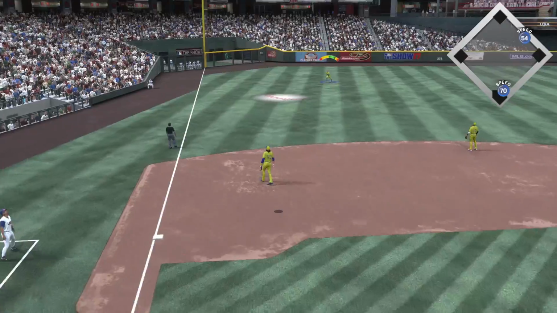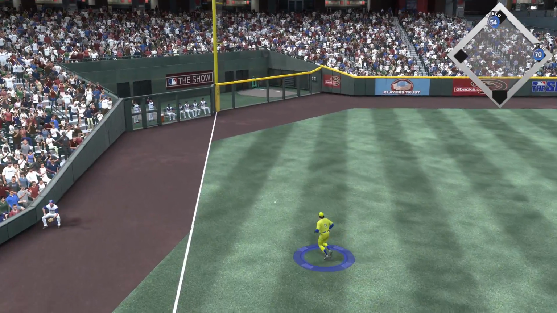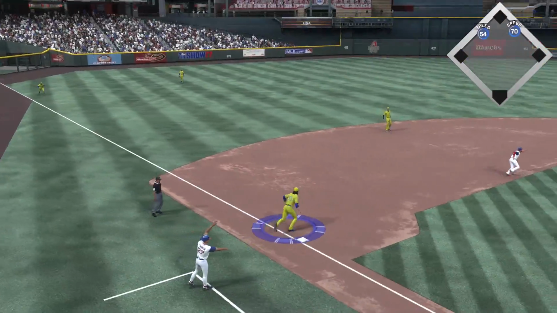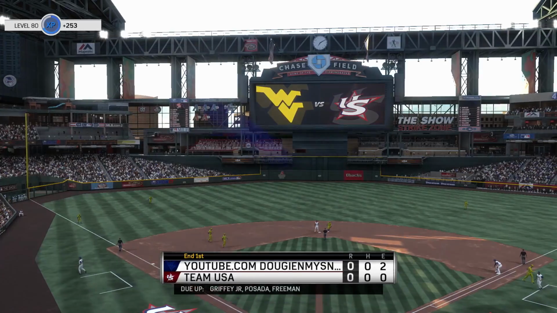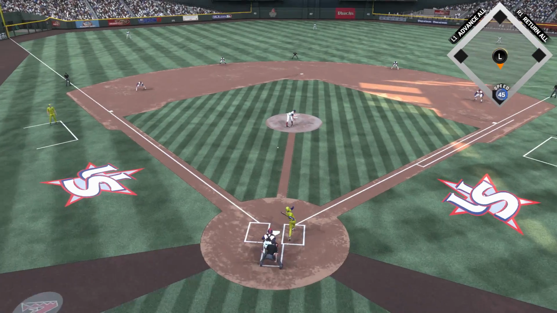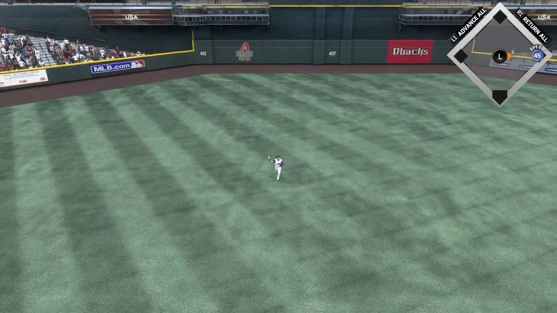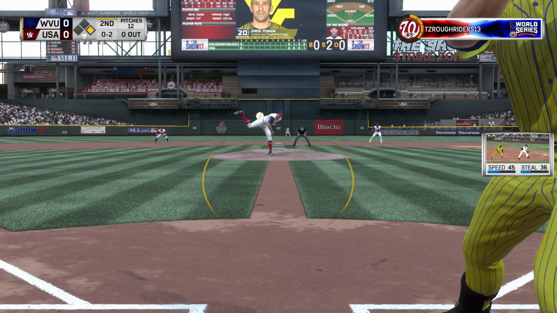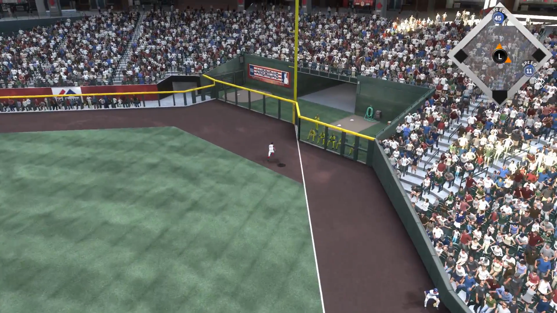Hershiser doesn't really have any overpowering stuff, and I've actually faced him before in a Ranked Seasons game. As you see, Reggie Jackson just dropped another ball. They've got to fix the fielding in this game. Something happened recently, maybe in this latest patch. The fielding is broke. There are so many random errors that occur, and I don't understand what happened. It's like we've gone back to MLB 16 where the fielders just randomly drop the ball for no reason. I can see it if they're running after the ball, but when they're camped under it, you should not be